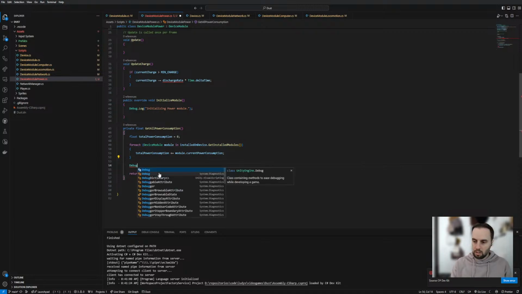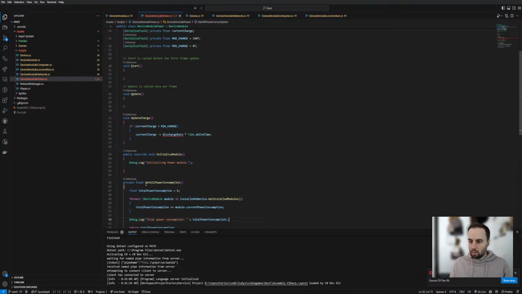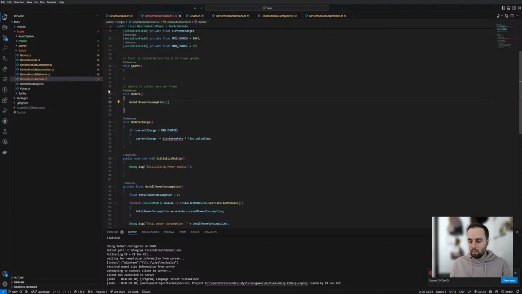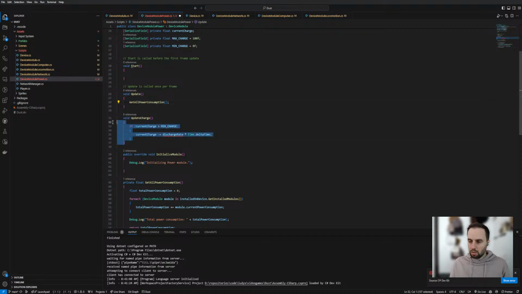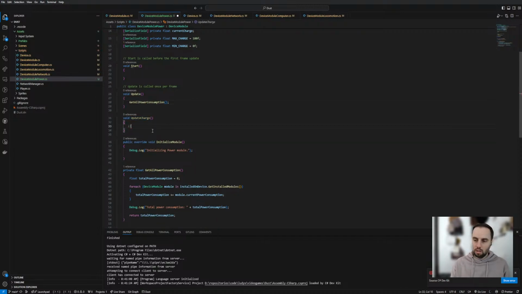Let's just debug it. And I think we just need to call it on every update, let's say. Let's just do that, and we should log it. Update charge will, like, it already gave me a proposition. Well, actually, let's just, current charge is math.clamp and charge. So we did a consumption rate, but the consumption rate is